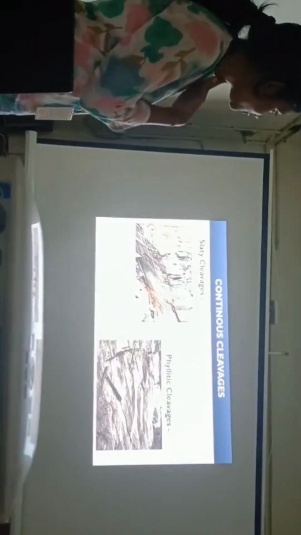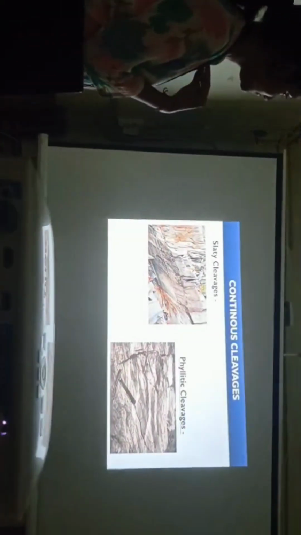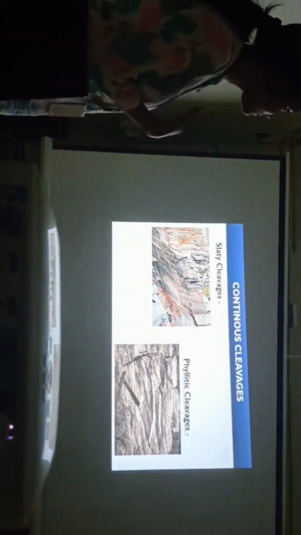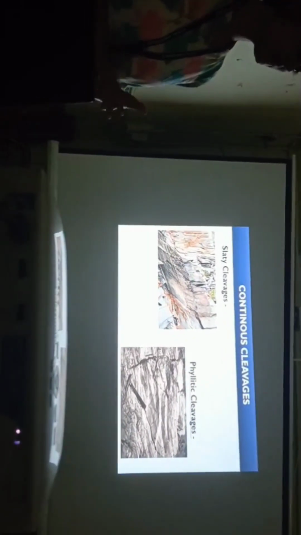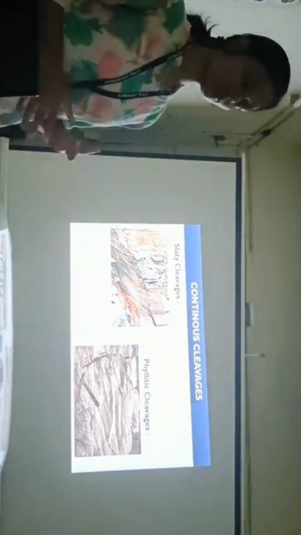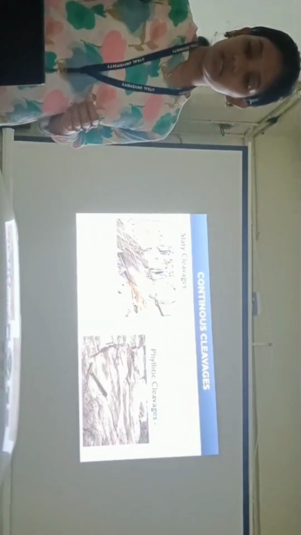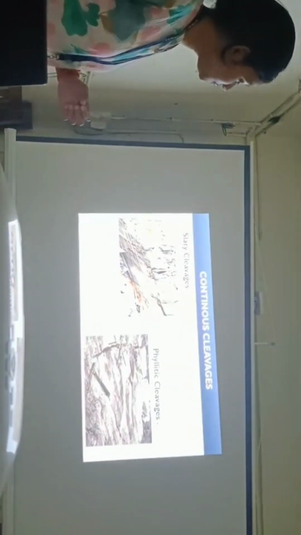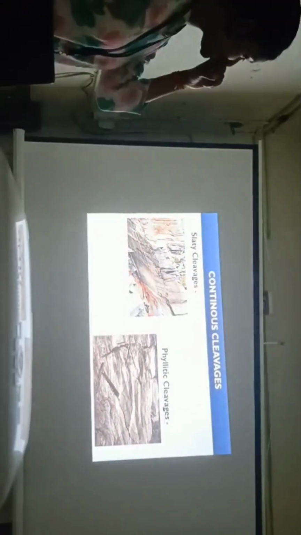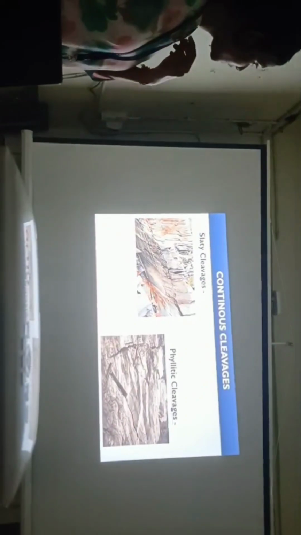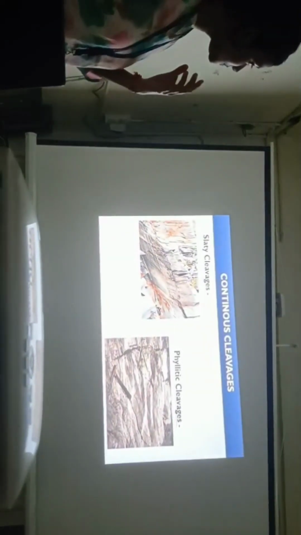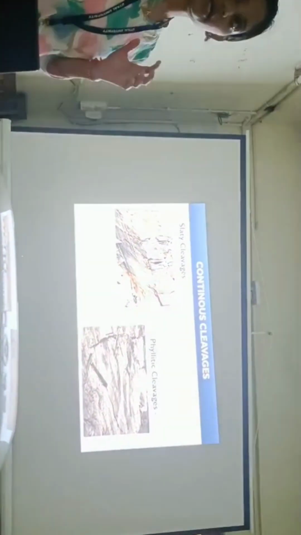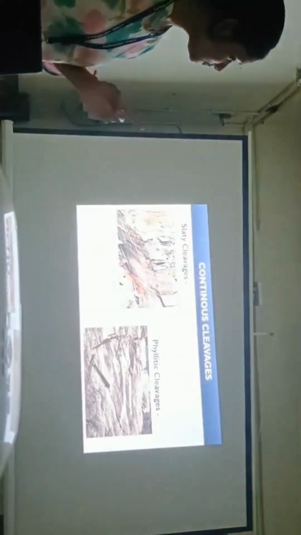As I said before, continuous cleavages have spacing less than 1 millimeter. These are classified into two types on the basis of grain size: the fine grain continuous cleavage and the coarse grain continuous cleavage. The slaty cleavages are generally found in fine grain, low grade metamorphic rocks, that is slates. This slaty cleavage has the ability to cleave the rock perfectly into planar or tabular sheets. Whereas the phyllitic cleavages